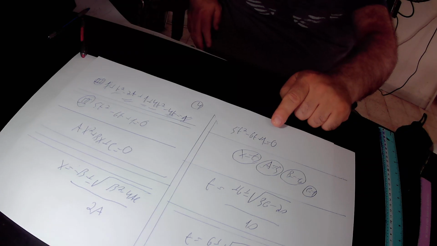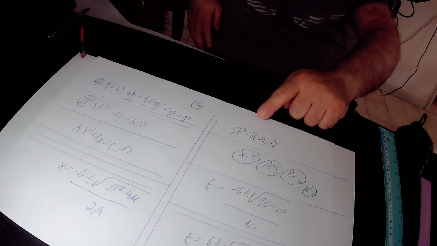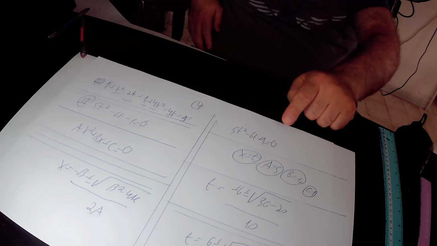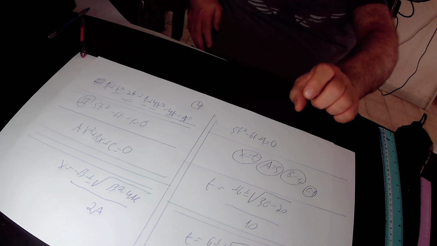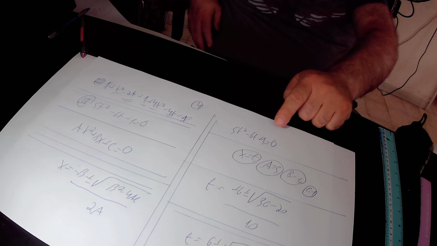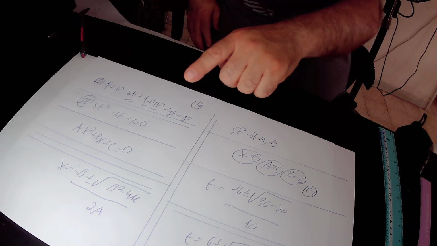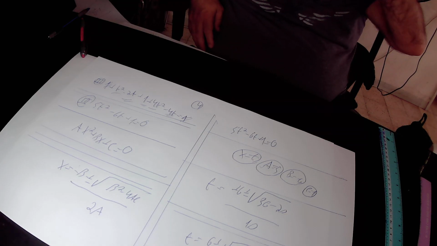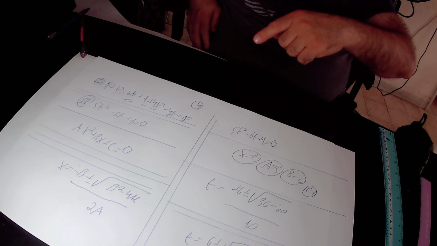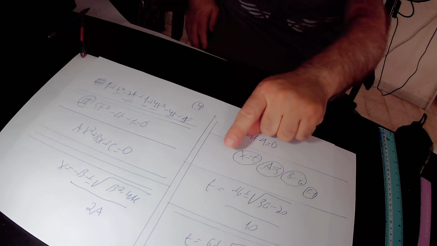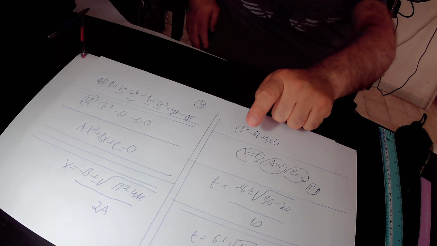So x equals t, the coefficient a equals 5, the coefficient b equals minus 6, and the coefficient c equals 1. So the only thing that is left to do is to put the data of this specific quadratic equation in the general formula for x, and in this way we find out the values of t, because x equals t. So we substitute x by t, and we found out,